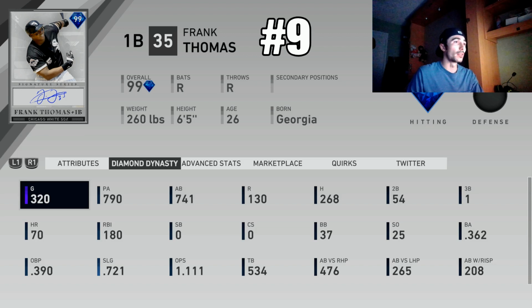I did select this card as my first Signature Series player out of the XP reward path, and I just don't really hit righties as well as a lot of other people do with this card, and if I did, he would be ranked much higher. But a .362 batting average with 70 home runs. I have used this card for a ton of games, 320 games, and 741 at-bats. He has gotten a lot of hits for me, scored a lot of runs, generated a lot of runs, and